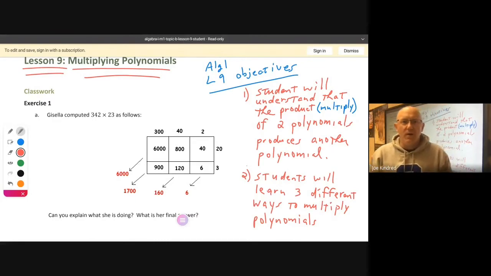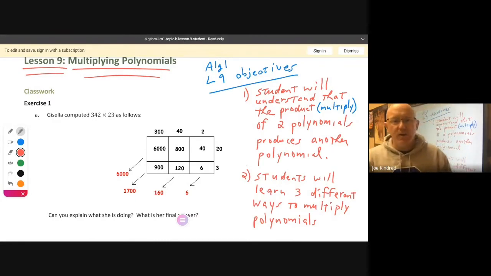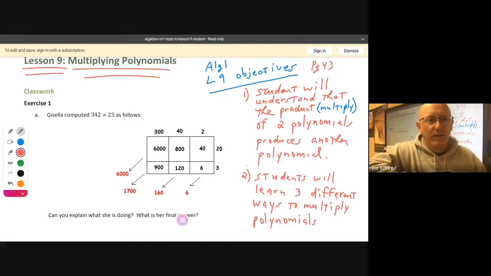Okay, guys, we are at lesson 9, Algebra 1, and up on the board you'll see a picture of your book. It starts us with lesson 9. And the objectives of lesson 9, as it's entitled, Multiplying Polynomials, as we just finished lesson 8, which was adding